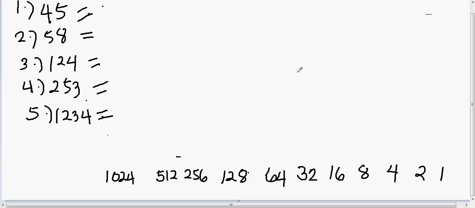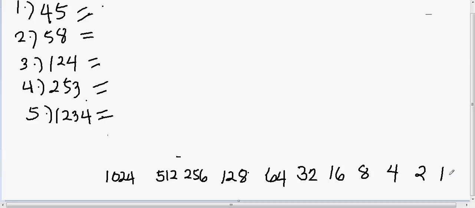So for us to be able to convert it to binary, we need to use these numbers below. How do I come up with these numbers? It is just adding the number to itself, so we could get the next number. So 1 plus 1 equals 2, 2 plus 2 is 4, 8 plus 8 is 16, and so forth. Right, so let's start converting 45 to